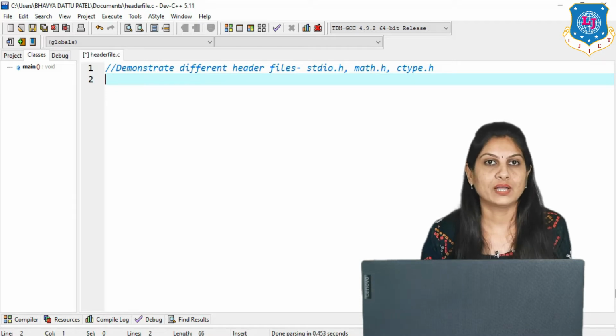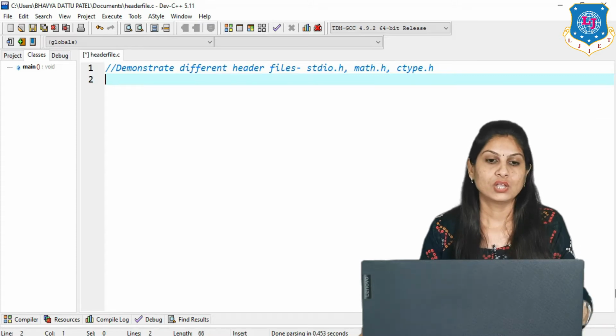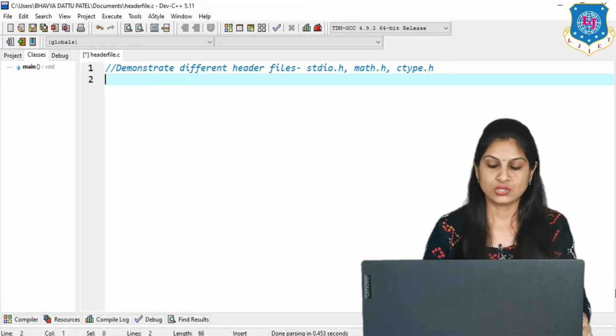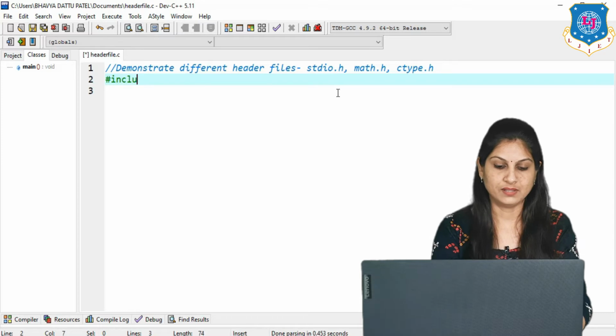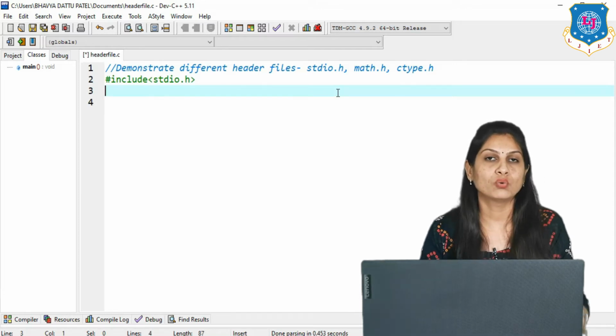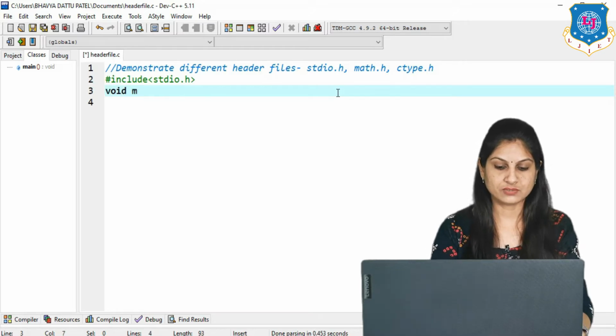So let's see first about stdio.h. In each and every program we create, first we have to include that header file. Why? Because if you do not include that header file and simply use printf and scanf, then in your program there is a warning. This header file is just a path for a particular inbuilt function. So first we include that header file, and the name is stdio.h. Now in this header file many functions are available, but right now we are discussing printf and scanf. How to use printf and scanf, all guys know very well.